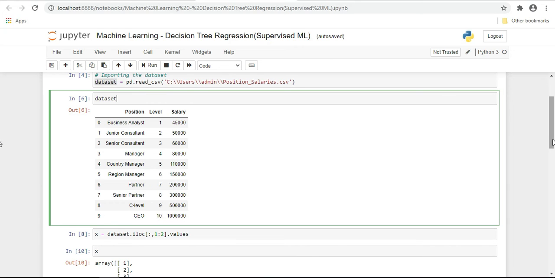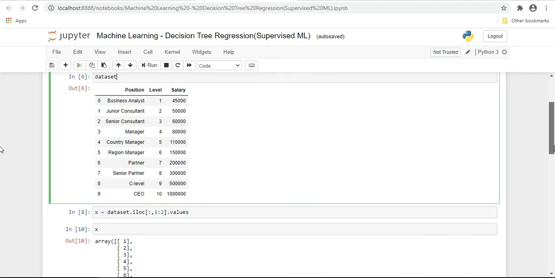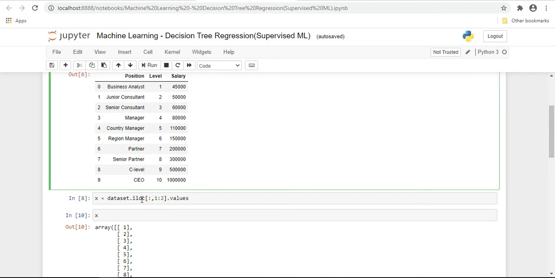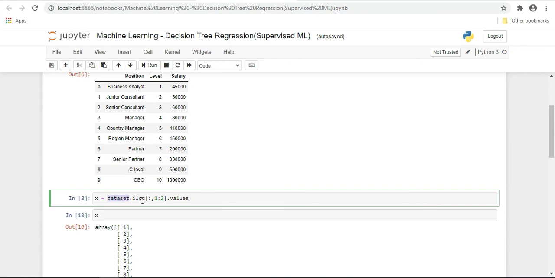Now we will extract the values for x and y. From the main data set, dataset.iloc, all rows, first column, .values. Whatever the values of the first column are, they will get stored in x, and when we display it, it will look like this.